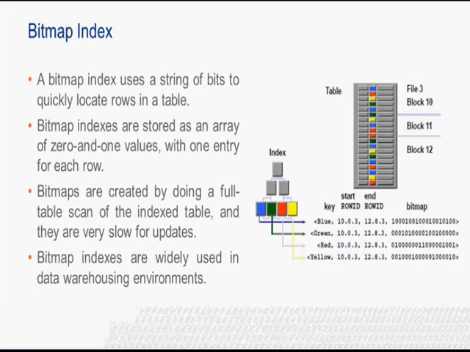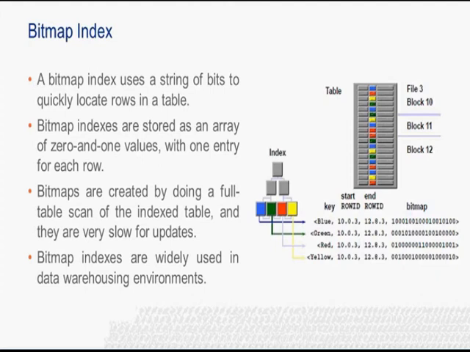As shown in the diagram, the leaf node of a bitmap index contains the following. An entry header containing the number of columns and lock information, a key value consisting of length and value pair for each key column, a start row ID which in the example contains a file number 3, block number 10 and a row number 0, an end row ID which in the example includes a block number 12 and a row number 8, and a bitmap segment consisting of a string of bits.